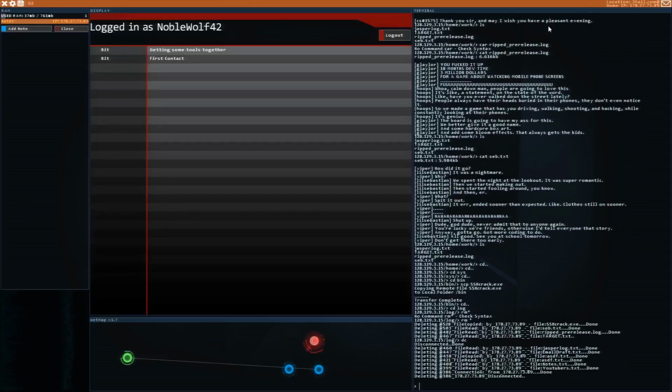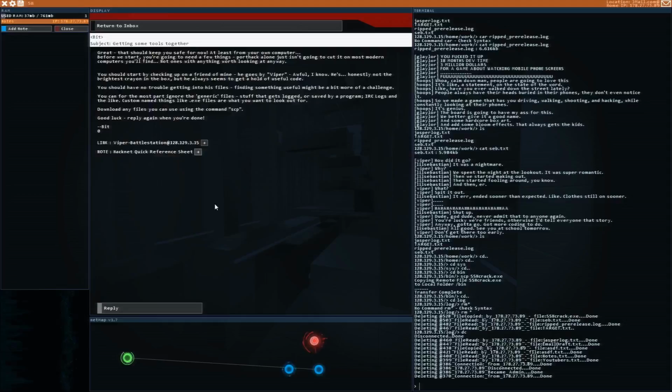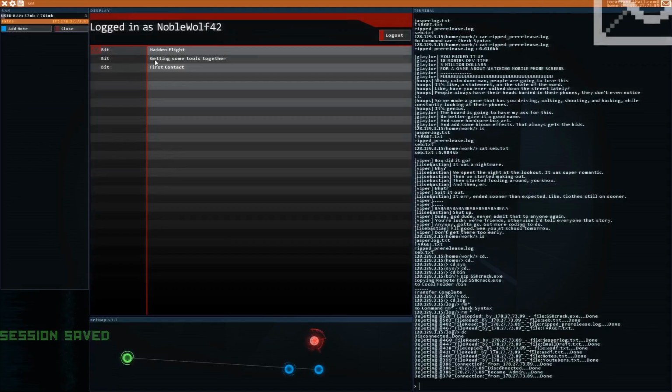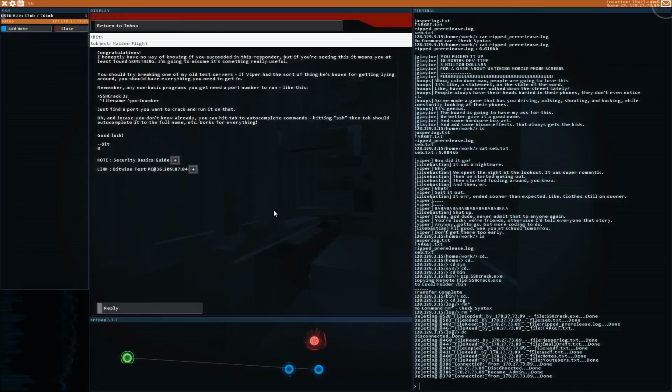Okay. Let's go ahead and reply to Bit. Maiden flight. Congratulations, I honestly have no way of knowing if you succeeded in this, but if you're seeing this, it means you at least found something. I'm going to assume it's something really useful. You should try breaking one of my old test servers. If Viper had the sort of thing he's known for getting lying around, you should have everything you need to